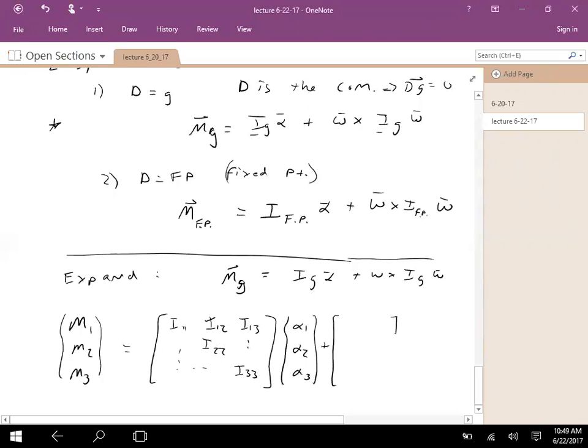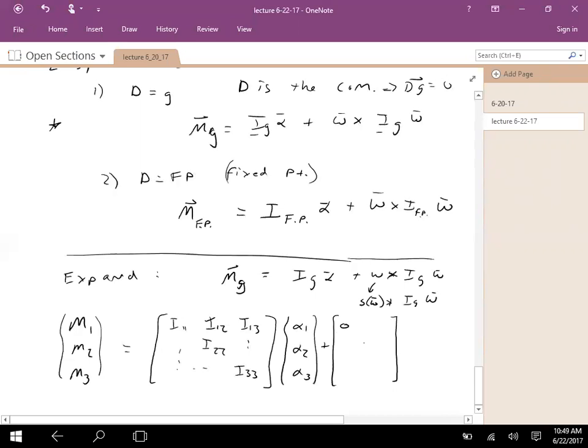plus. Now, recall last class, I mentioned that you could take this cross product here and turn it into a matrix multiplication. We said that if you take a vector and expand it into a skew symmetric matrix, then omega cross is equivalent to the skew symmetric matrix of omega. So effectively, I'm now going to say skew symmetric matrix of omega times IG omega, and then that becomes